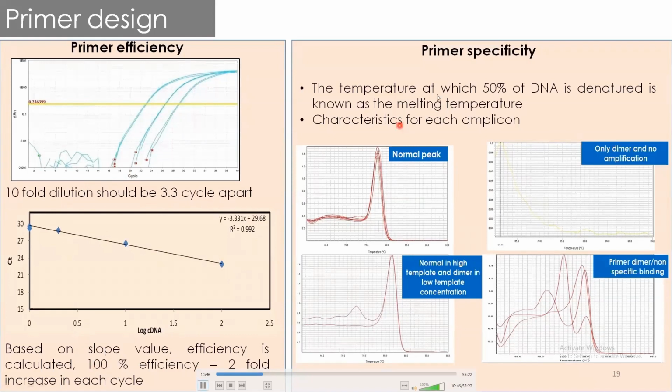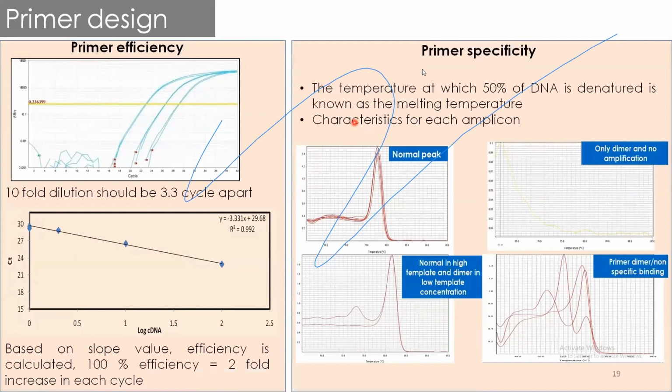And then the second point is the primer specificity. It means that what we need to understand is that the melting curve, or the melting point of any amplicon, is very characteristic to one particular amplicon. Let us suppose a 100 base amplicon is there. It will definitely have a melting temperature which varies from the amplicon with 50 base pairs, right? So in case you have targeted non-specific bindings in your PCR, you may get something like this with two